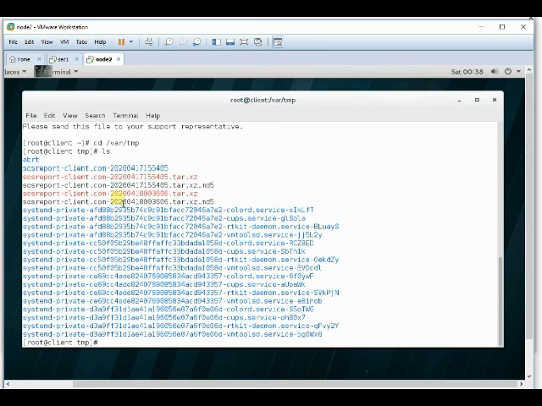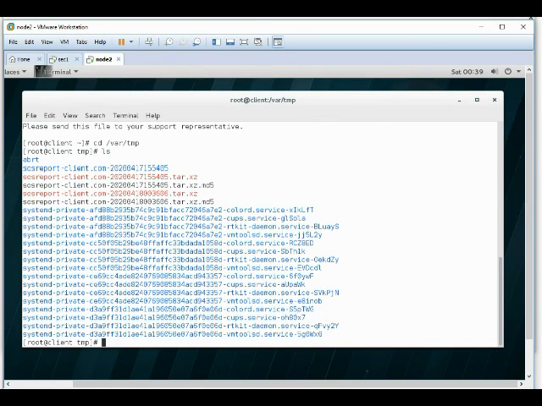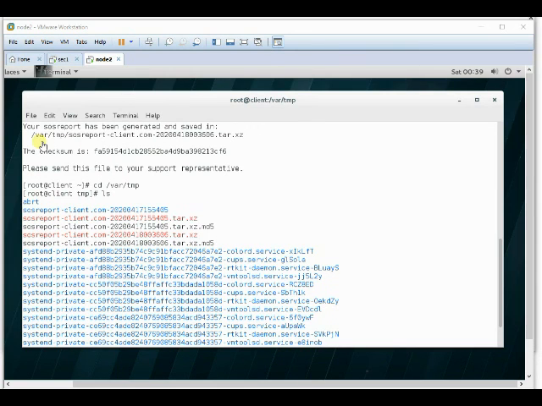Today's date, here it is generated. Okay, now the SOS report is generated. This is the path: /var/tmp/sosreport-client.com with the date and ID.